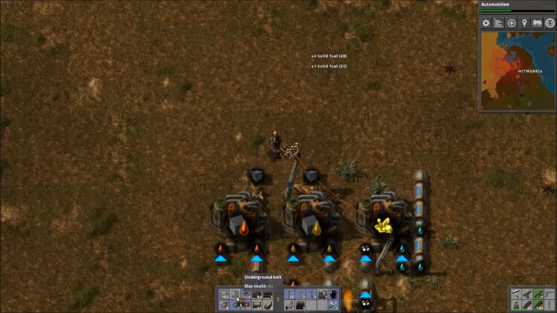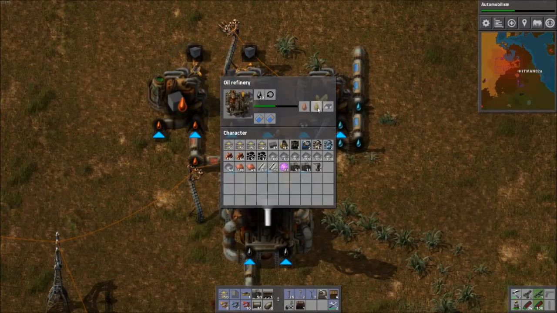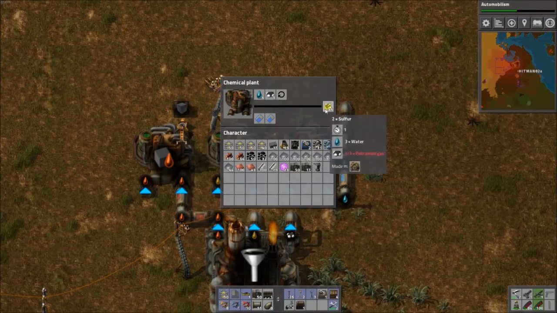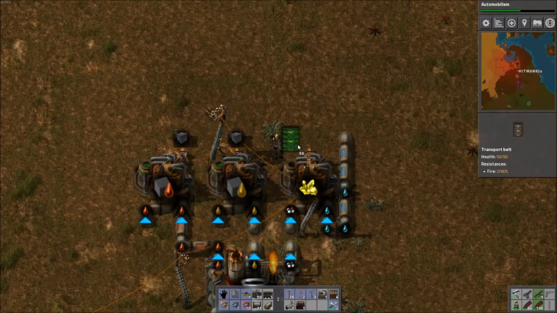There. So for now, that'll keep us going, but obviously I'm going to have to do something about that pretty quickly. But that gets us so that we're using all the stuff out of the oil refinery, so it'll keep going. So we're trying to make sulfur, and so we'll have to extract that onto a belt,